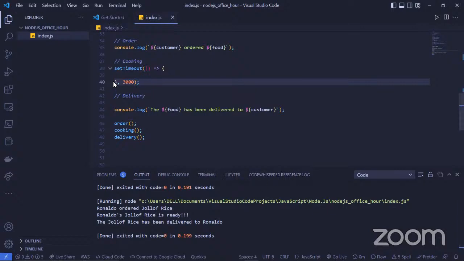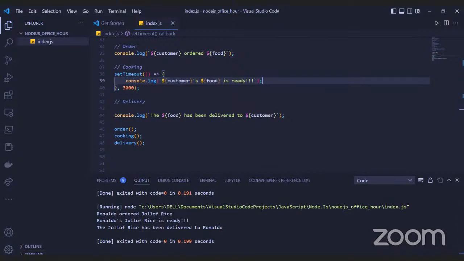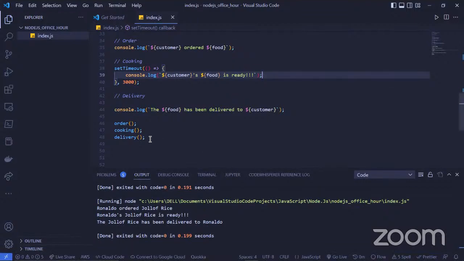So this is where our callback function can come in. Okay, our callbacks can come here, and then 3,000. But instead of using callbacks, I would just put console.log, just logging something. So basically, this should give us an idea of